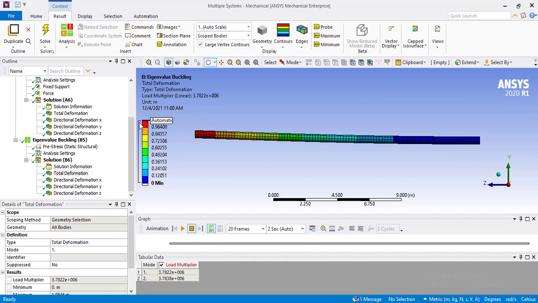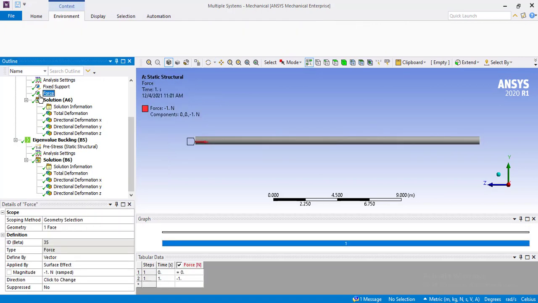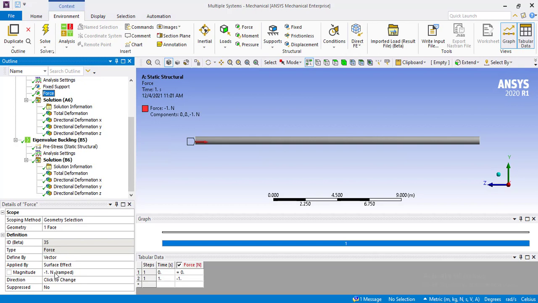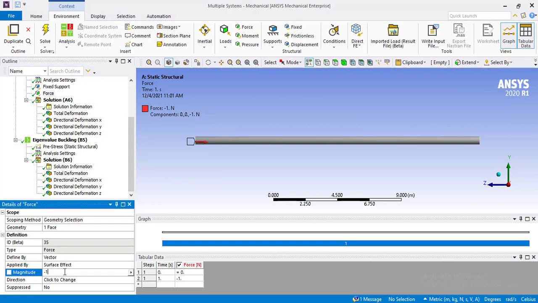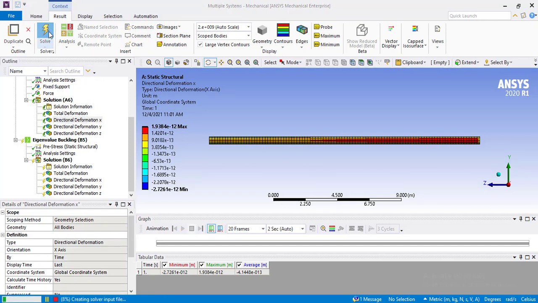If we increase the load, such as if we go into the force tab and change the value of force from 1 Newton to 1000 Newton in the compressive direction and solve the model, we will see the effect of it on the load multiplier, which was before 10 raised to the power 6.